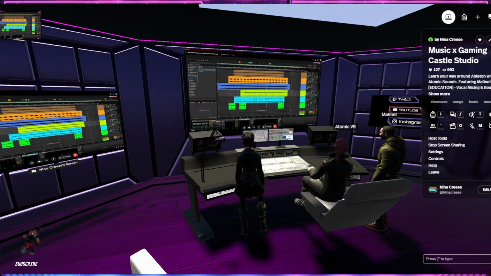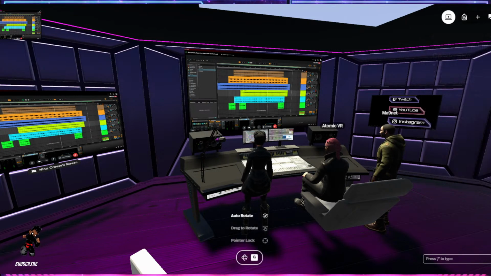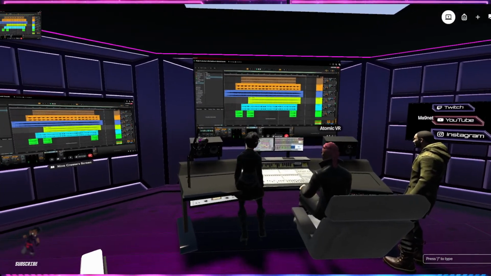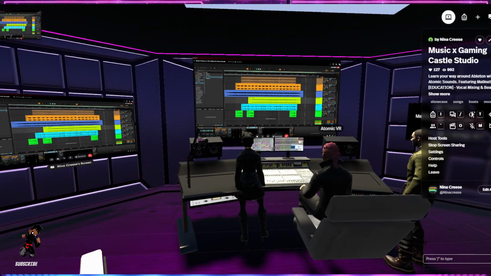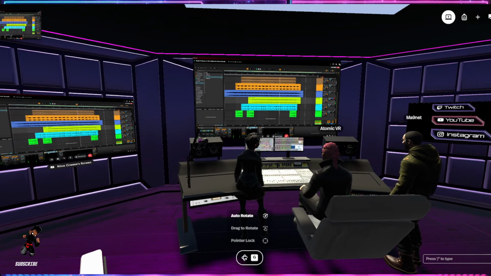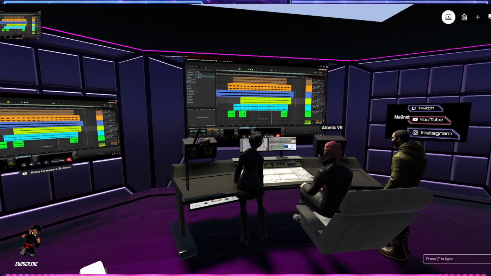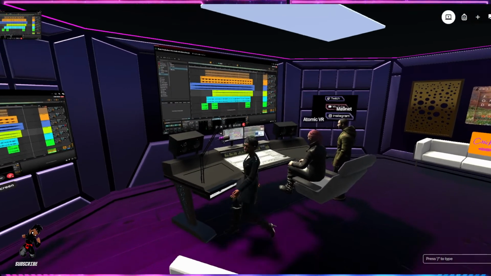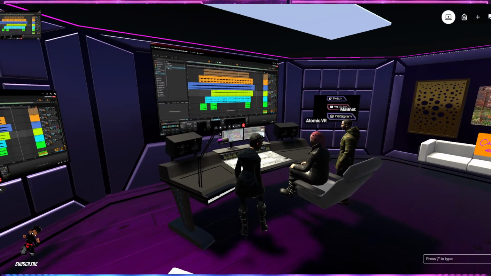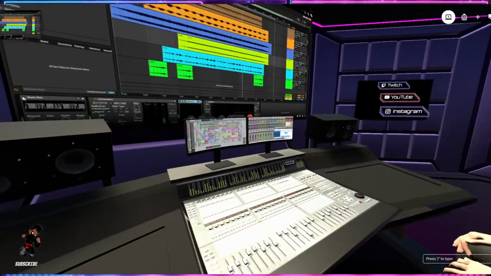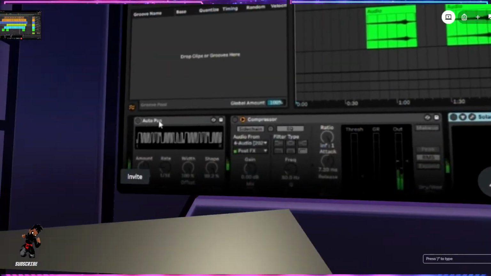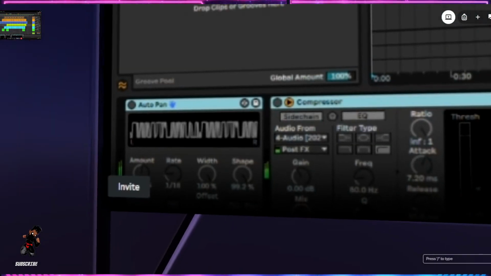These are on, so you hear these are panning every 16th note. So that's why it's getting that really stereo feel. They're going backwards and forwards, and it gives it a real nice stereo thing. If I turn the reverb off, and the compressor off, and that off, and the auto pan off, that's what it sounds like. And then if I select them all again and turn them on,